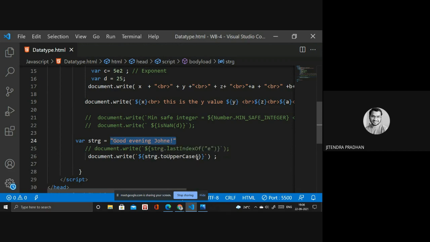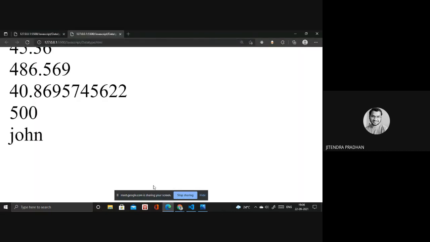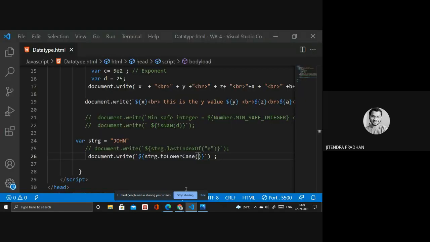Okay. So if you want to convert uppercase to lowercase, then you have to use toLowerCase. I will show you that one. If I write Johan, and now it's Johan also, and I use toLowerCase, okay, Johan is there. I hope you got this point. So next we have to see how we can convert lowercase to uppercase and back, and we have bold as well.